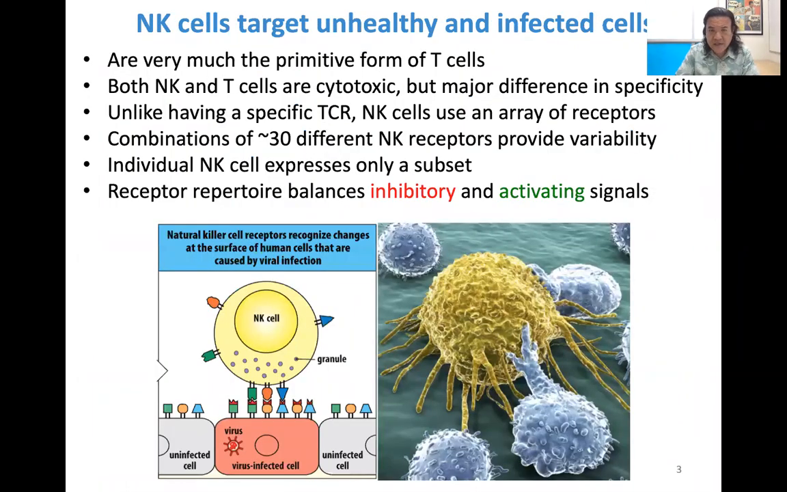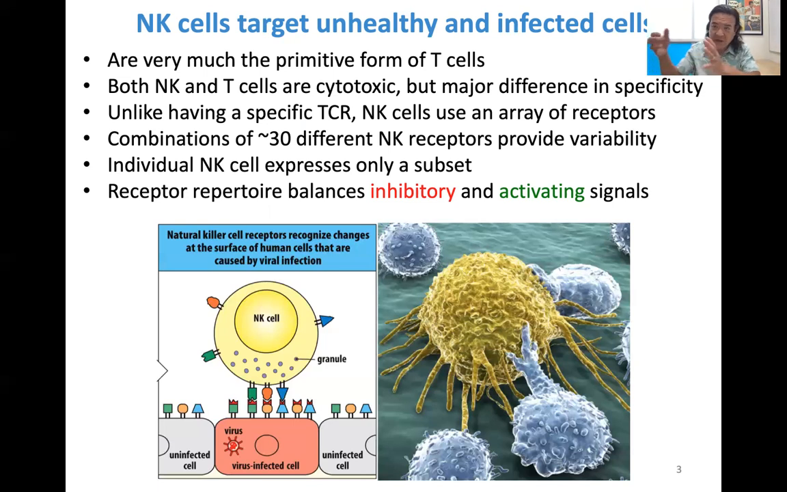Natural killer cells target unhealthy as well as infected cells. You can think of them as the primitive form of T cells. Both natural killer cells and T cells are cytotoxic. Well, when I say cytotoxic, I mean specifically the CD8 positive T cells are cytotoxic. So both these NK cells and CD8 positive T cells work by